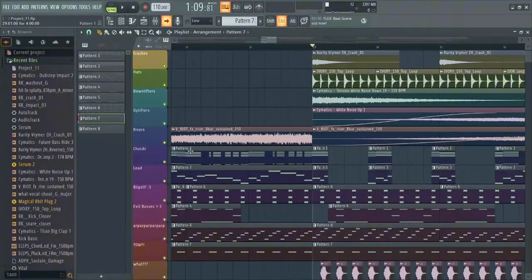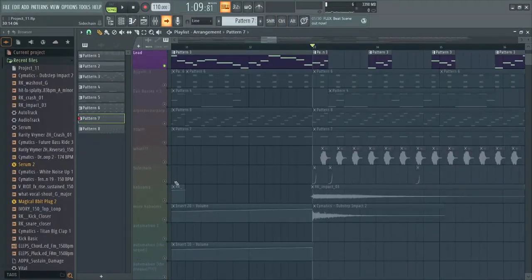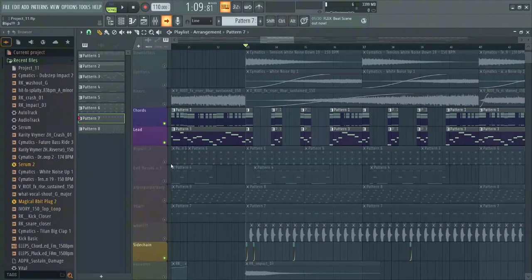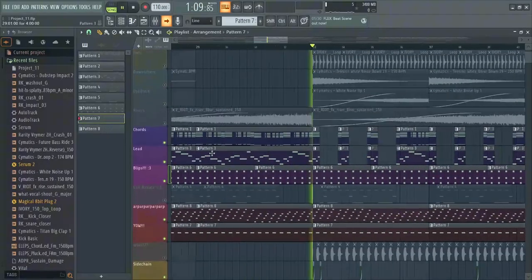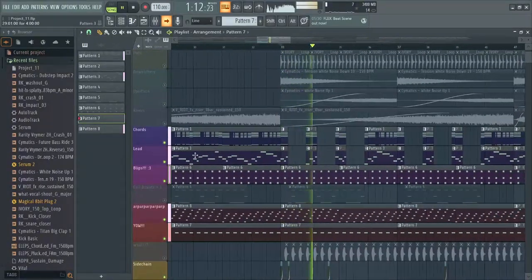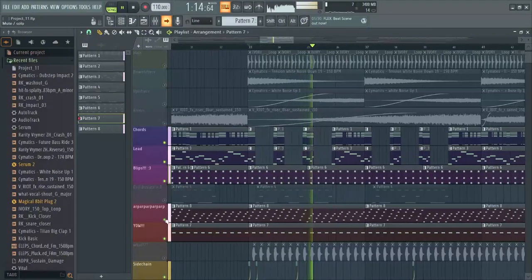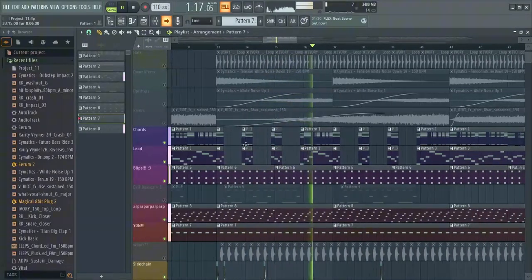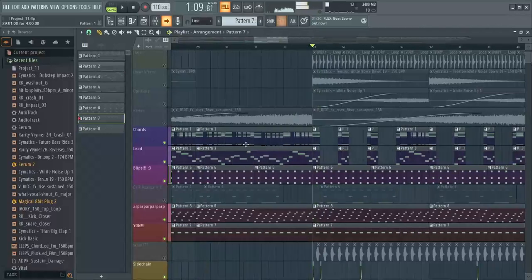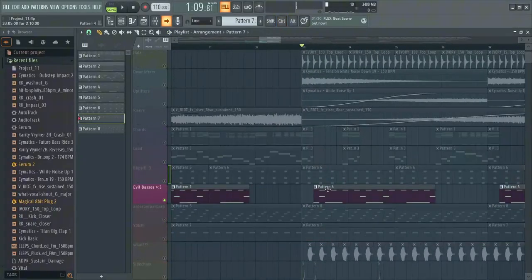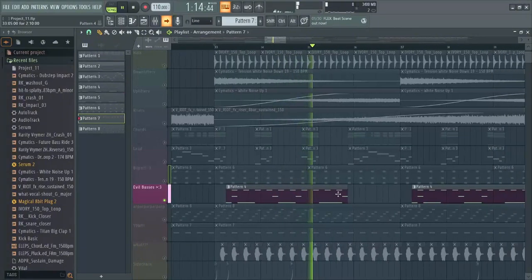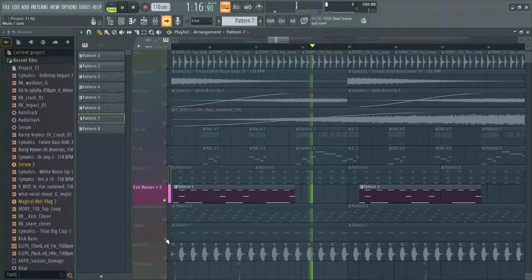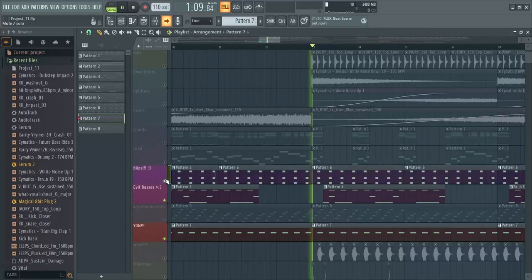For the drop here, I just chopped up our chords and our leads and kind of made them so that they would fit. Here, I'll even turn on the high players a little bit so that we can hear them. And then we have our basses, which with our high players combined,